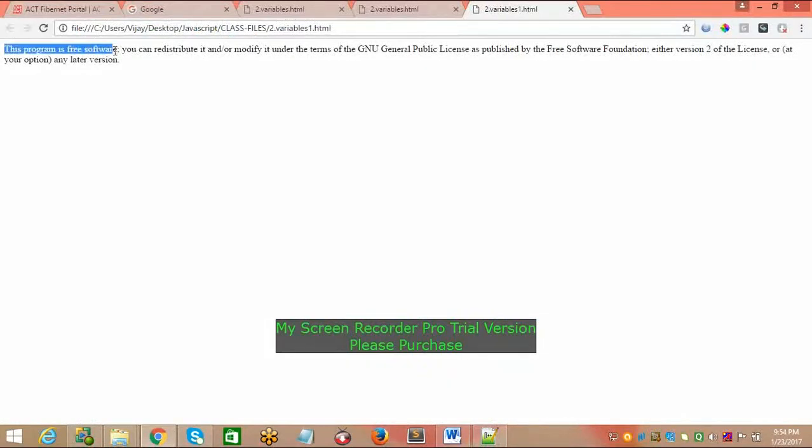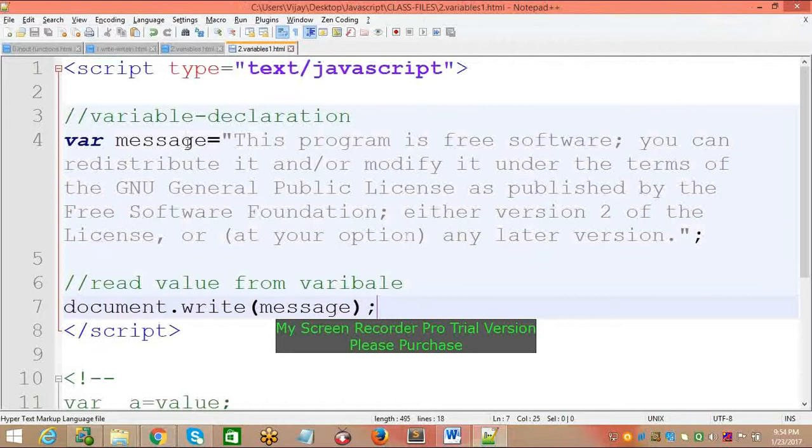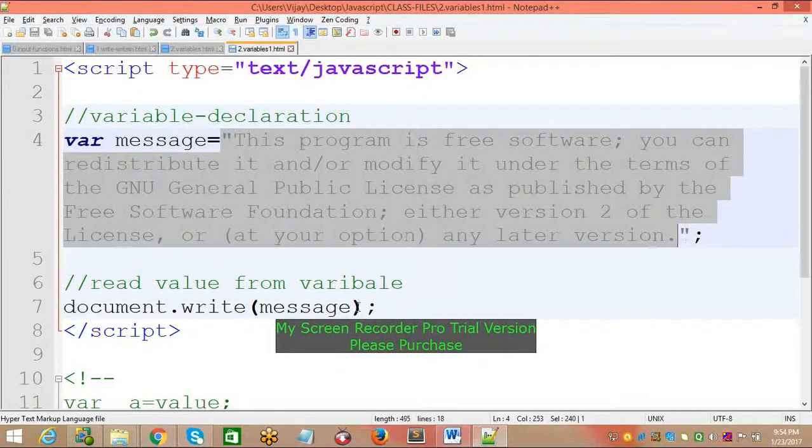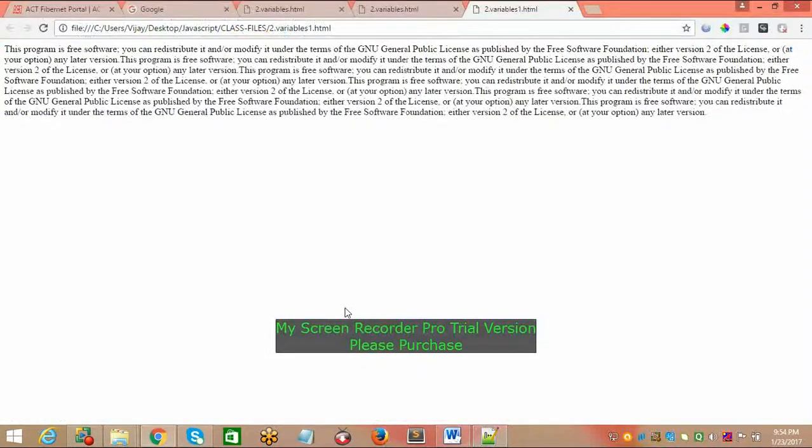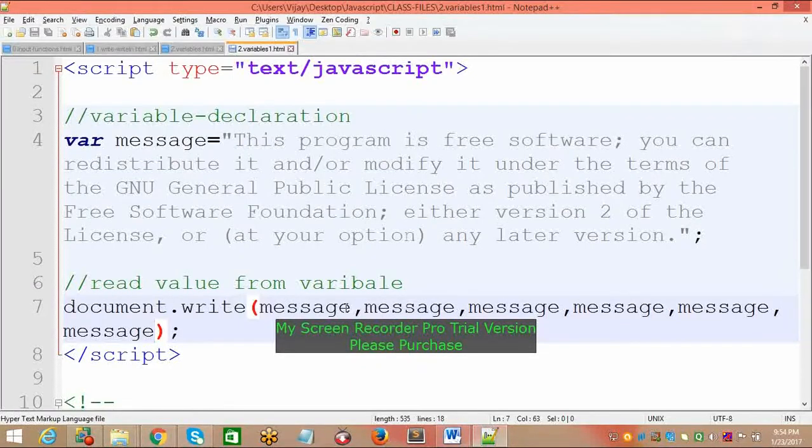But if you want to print the same information multiple times, in JavaScript there is no need to declare the same variable multiple times. Just declare the variable only once, and the same value we can read multiple times, just separated with a comma. That's it. Same like the CSS multiple selector topic, where we declare all the selectors separated with a comma. The same thing in the variables topic is one advantage. If you assign values to a variable, we can access those values multiple times from the same variable without declaring the same statement multiple times.